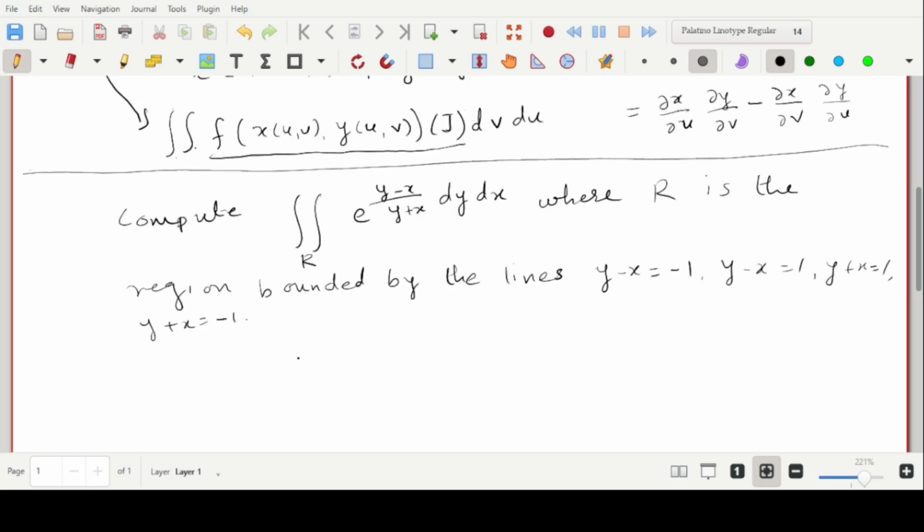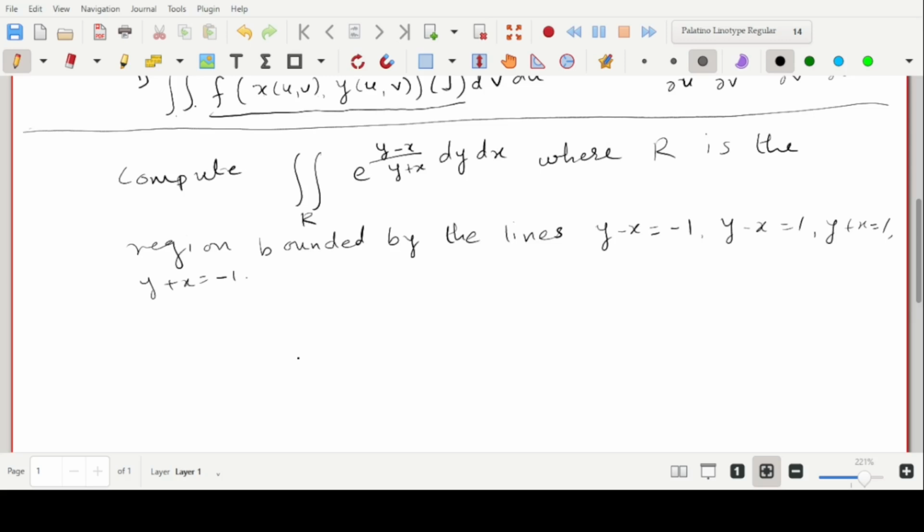and we have to integrate this function in this region. So let us draw the region,